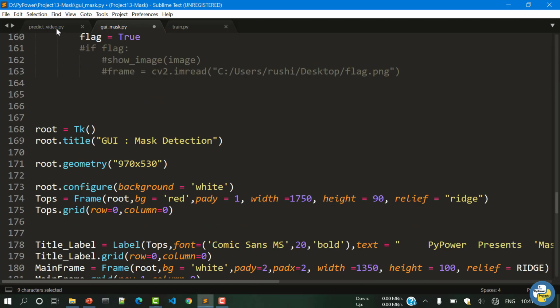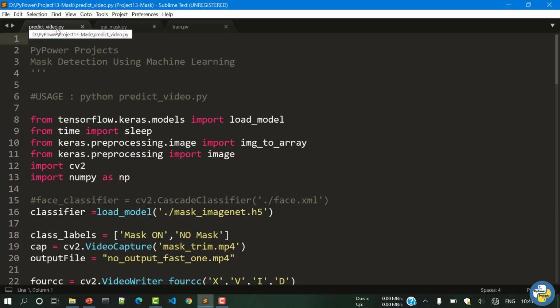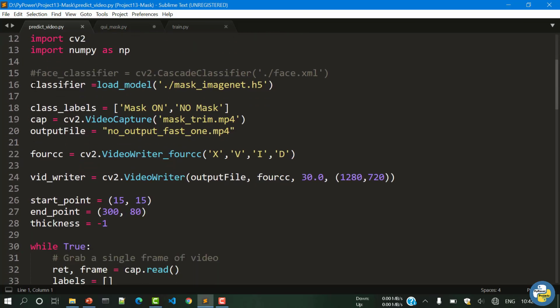Now going to the third source code, predictvideo.py. The functionality and the logic of video is the same as image, only a small difference is that in image we are considering only one frame and in video there are multiple frames. So processing video is not a new thing. So the task is very simple. We just have to iterate over each and every frame in the video and predict our output based on our model. So first, we have loaded the classifier, the same model is loaded.